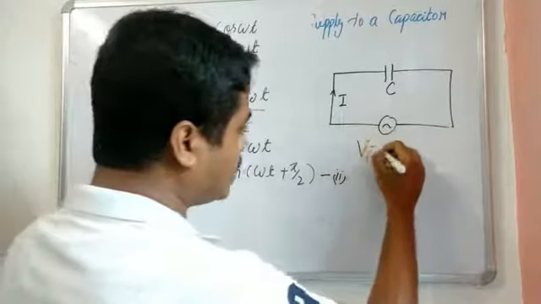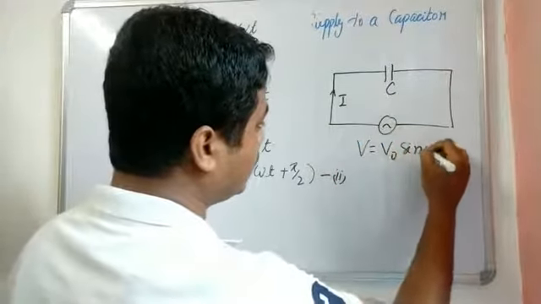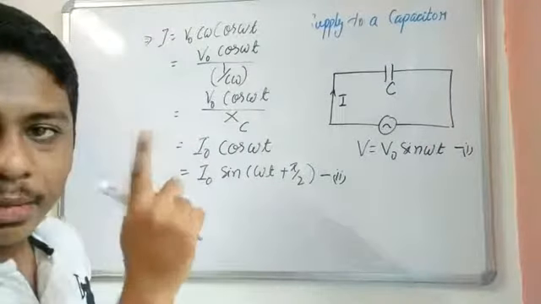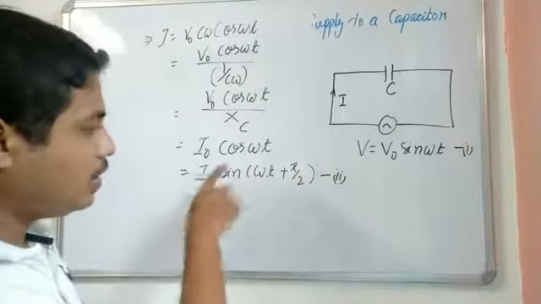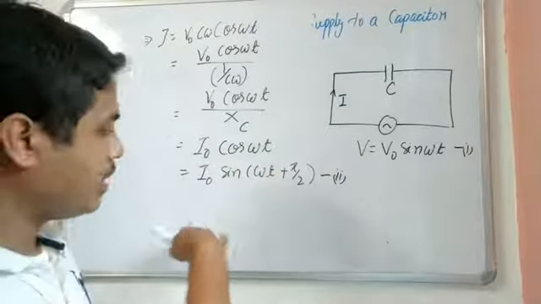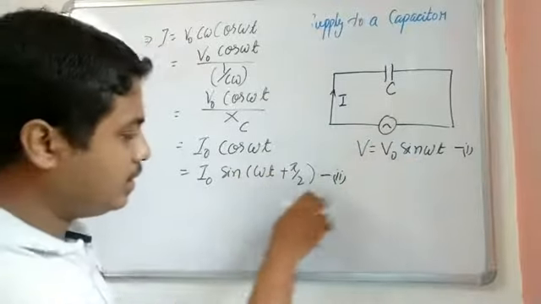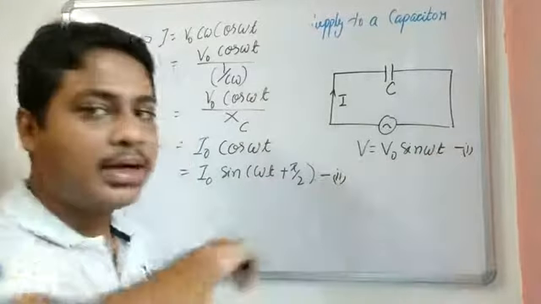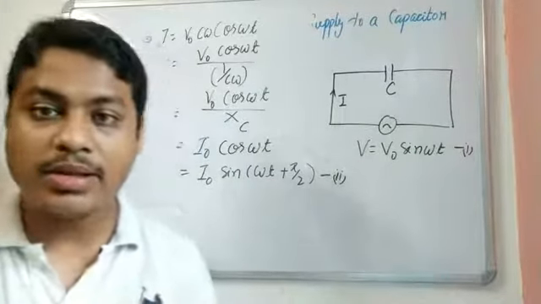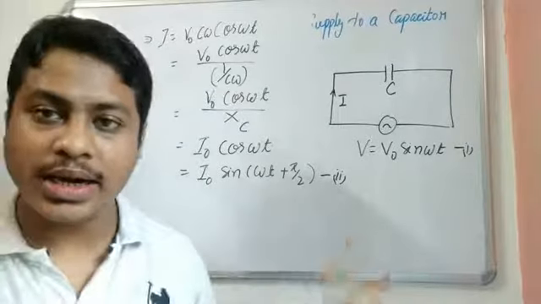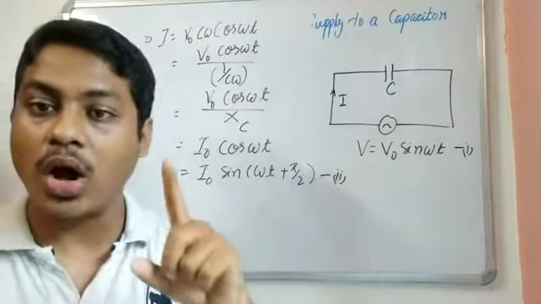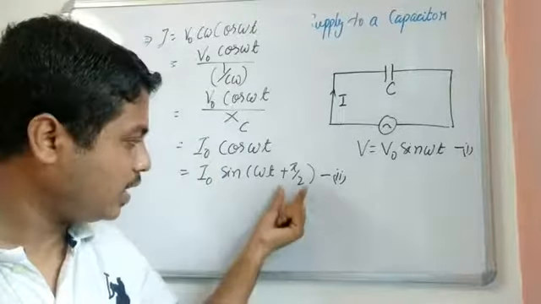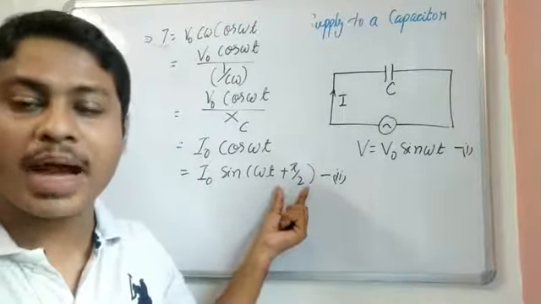We have the voltage equation that V is equal to V naught sin omega t, which I have marked as equation number 1. You can see both the equations now. I naught, there is V naught, that is the maximum voltage and maximum current. Sin is there. Here it is omega t plus pi by 2. Here it is omega t. This means that the angle of the current and the angle of the voltage is not the same. And in the value of the current, you can see this is plus pi by 2.